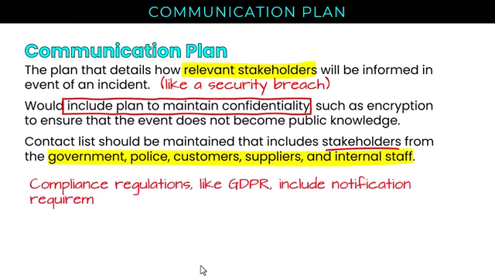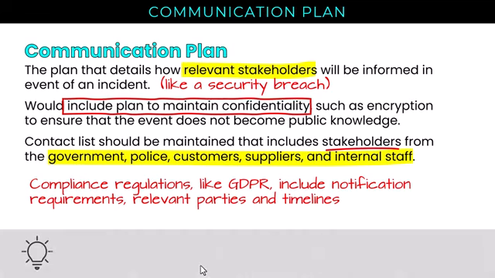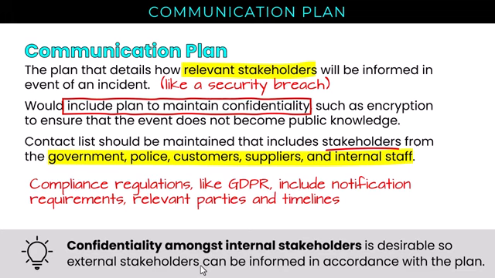Now, compliance regulations like GDPR include notification requirements, relevant parties, and timelines. For example, GDPR has a 72-hour time limit on the point by which certain notifications must go out. But confidentiality amongst internal stakeholders is desirable, so external stakeholders can be informed in accordance with the plan. You want to be the one, as an organization, informing your stakeholders, not allowing them to get that information from